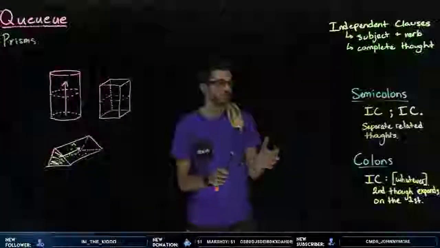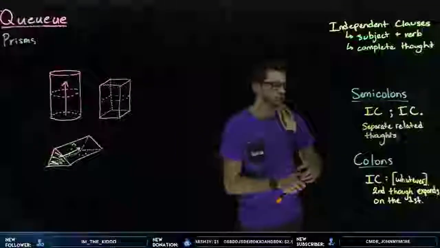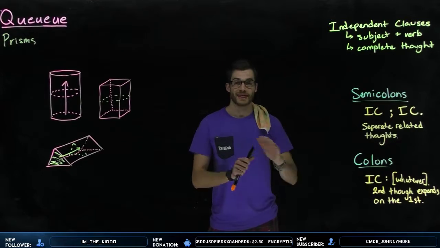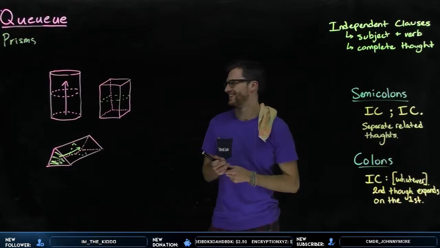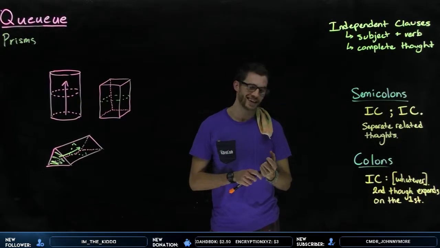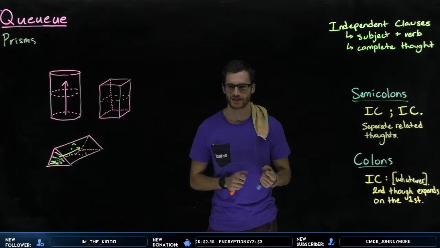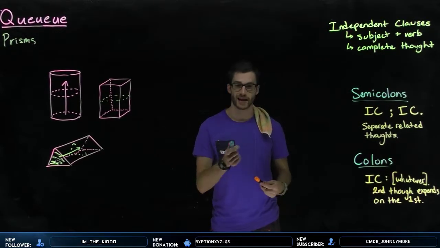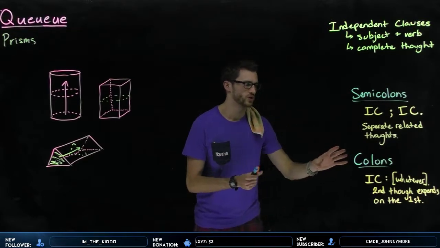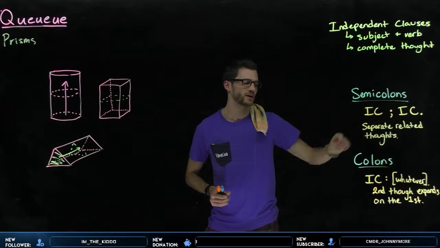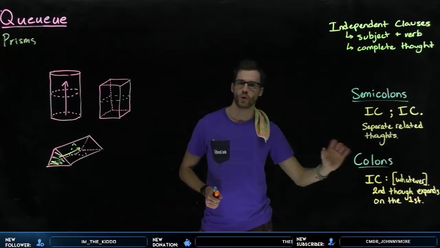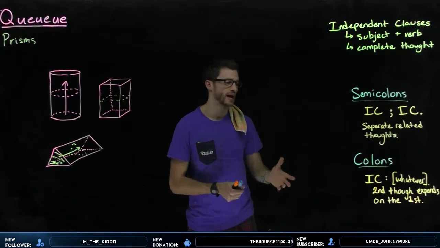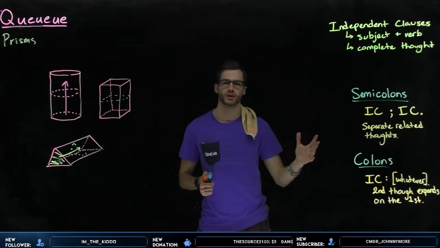Okay? If you don't do that, you're not looking at the right thing. You shouldn't be looking at a colon and saying, what does my gut say about this colon? That's not a good idea. Do not ask your gut what it thinks about the colon, because your gut may say something and you don't want the gut to speak. Okay? Instead, you want to do rules, which are independent clause, semicolon, independent clause, or independent clause, colon, whatever. Identify those independent clauses or lack of independent clauses, and then choose your semicolon or colon,